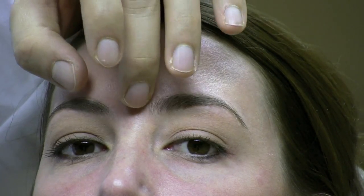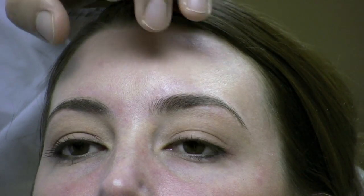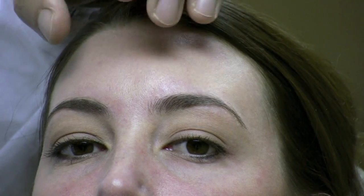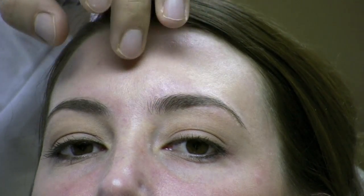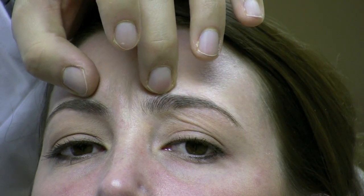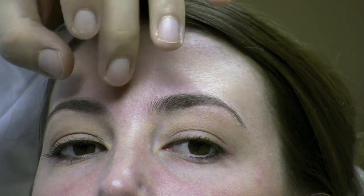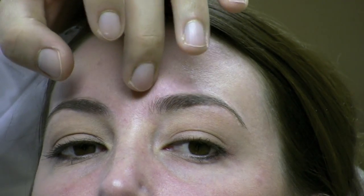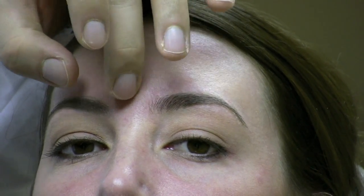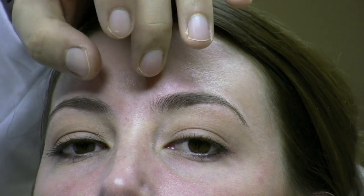The typical lines are the 11 that you see in some older patients, and again, what we're doing here is getting started at a younger age to prevent getting lines and wrinkles. But the 11 mark that a lot of patients eventually get if they don't do Botox and it creates this kind of fold is created by the corrugator muscle, which is 2 muscles that go in this direction, up and down this way. So the injection of Botox is not into the lines, but into the muscles that create those